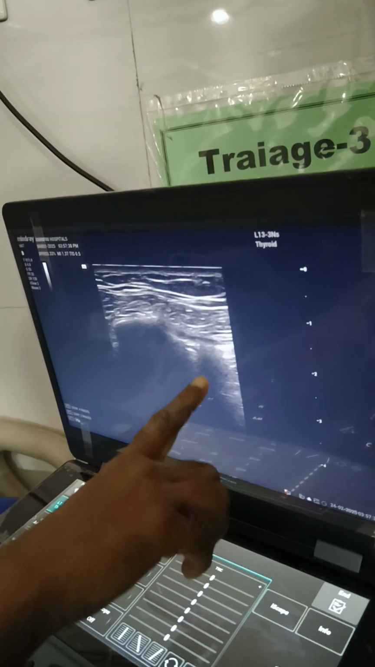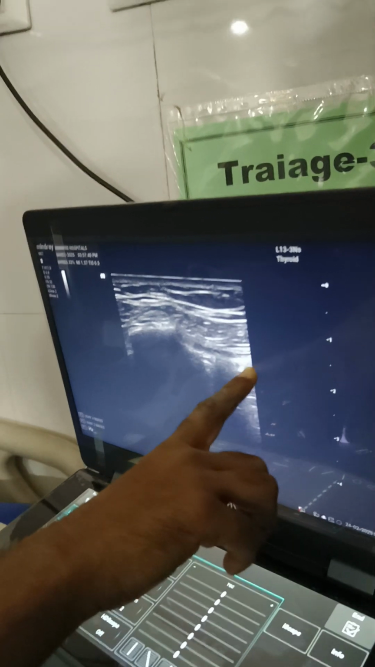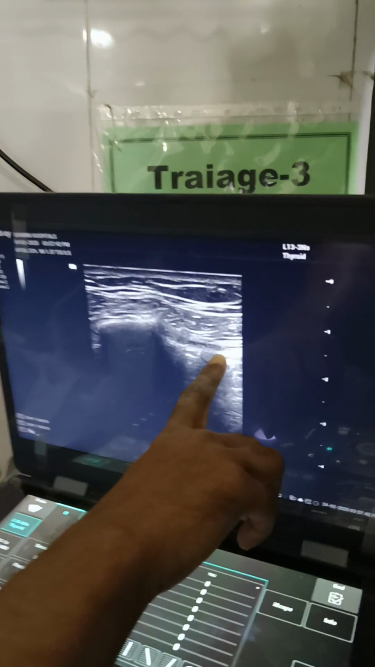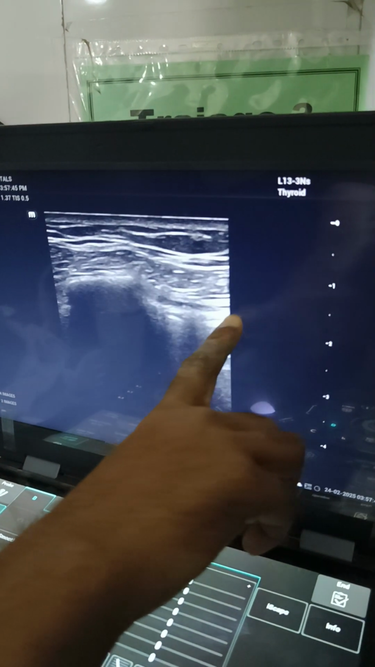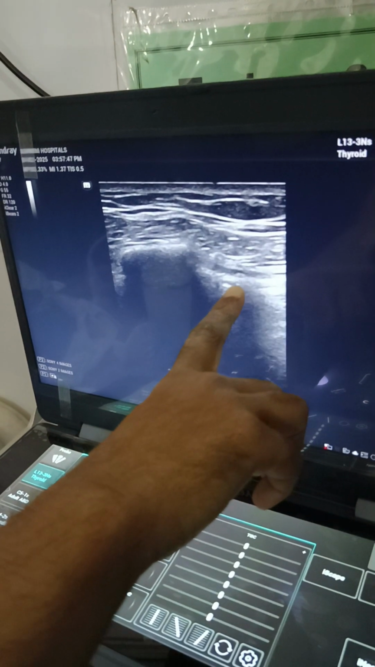Here we don't appreciate that pleura. That bright line which is seen on the normal side is not seen here, and